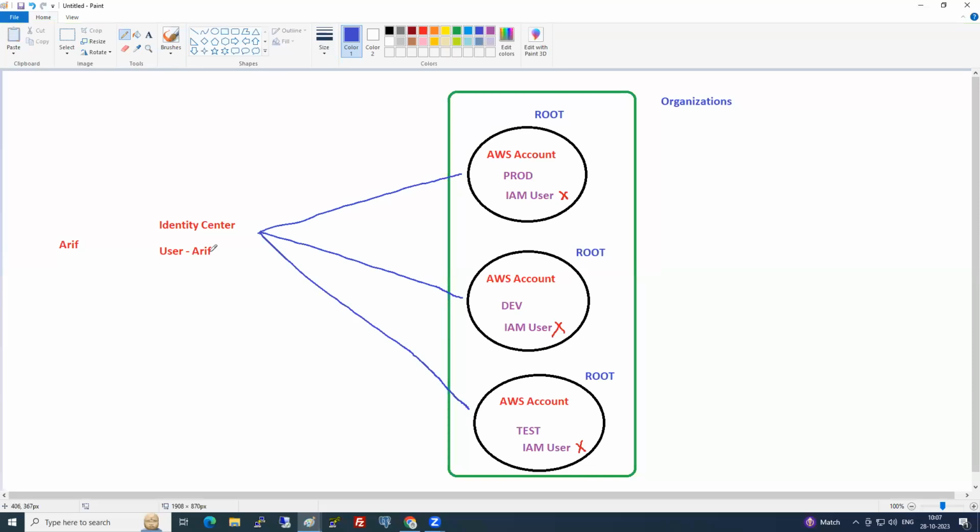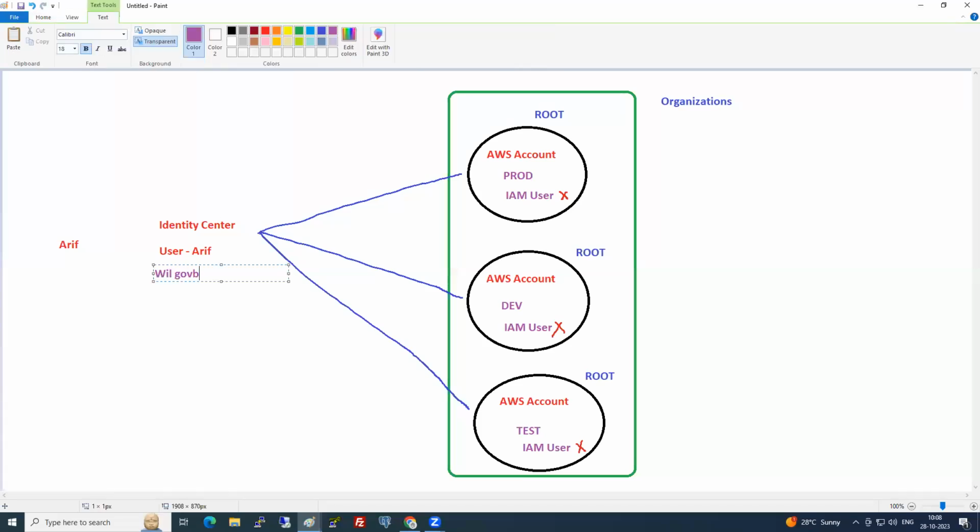When I create the Arif user in Identity Center, it will ask, you created the Arif user, good. To which account do you want to give access? If I select all 3, he will have access to all 3. So how many accounts are there now? How many users are there? This Identity Center will give you a